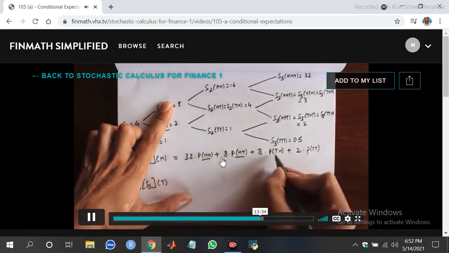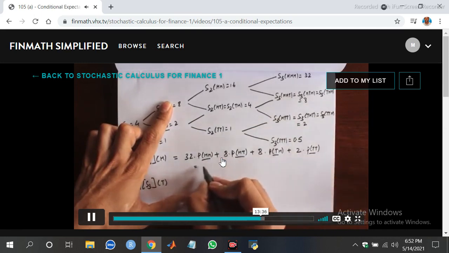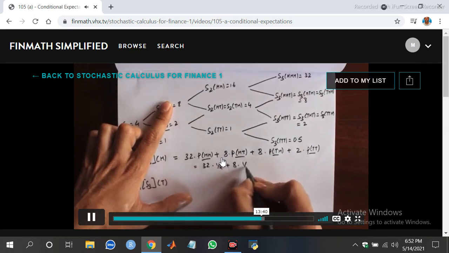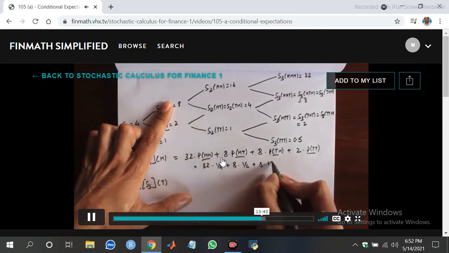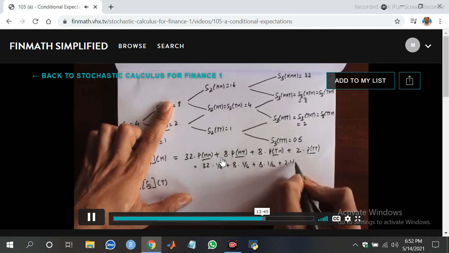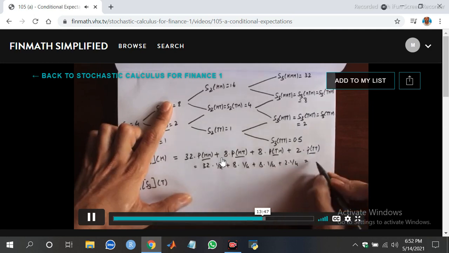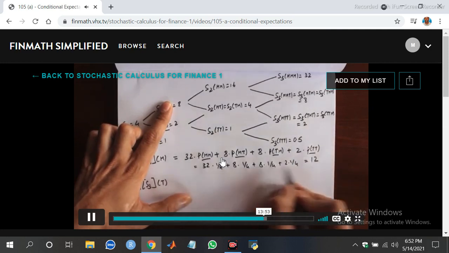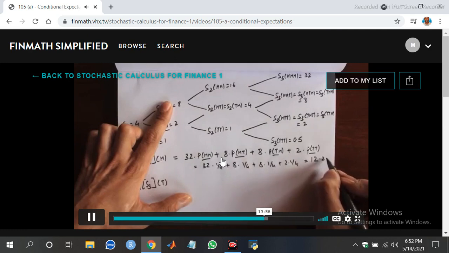And all these 4 probabilities are equal to 1 by 4. So this would be equal to 32 times 1 by 4 plus 8 times 1 by 4 plus 8 times 1 by 4 plus 2 times 1 by 4, which equals